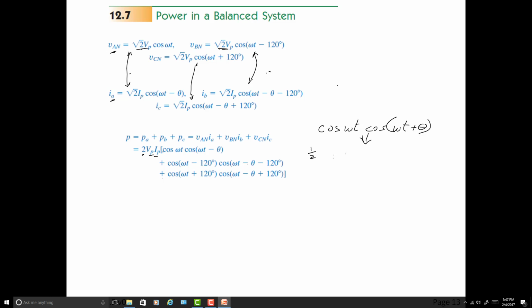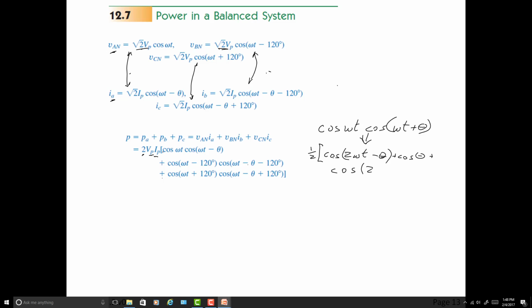It's the nasty thing of 1/2 times cosine 2 omega t minus theta, cosine theta, plus cosine theta plus cosine